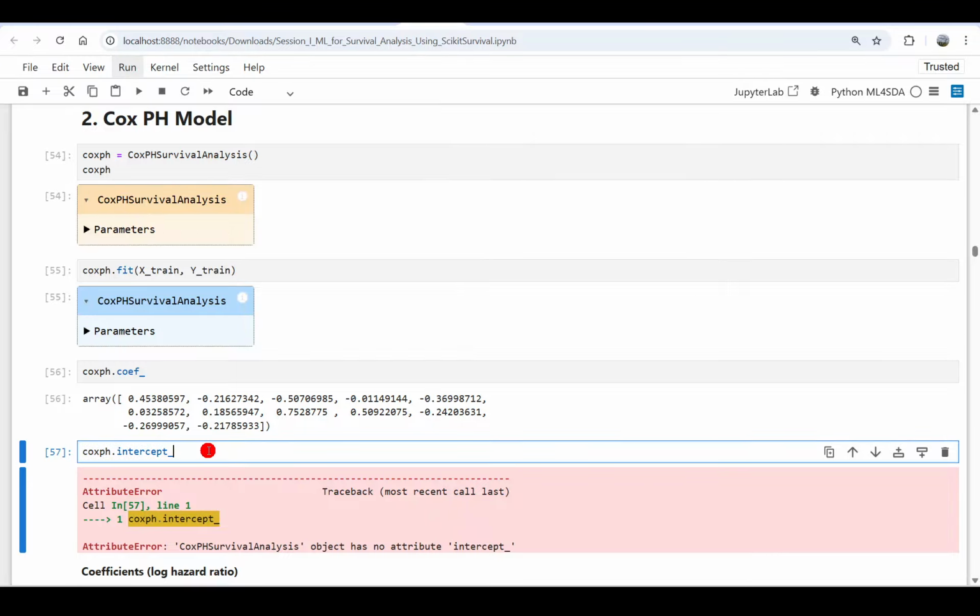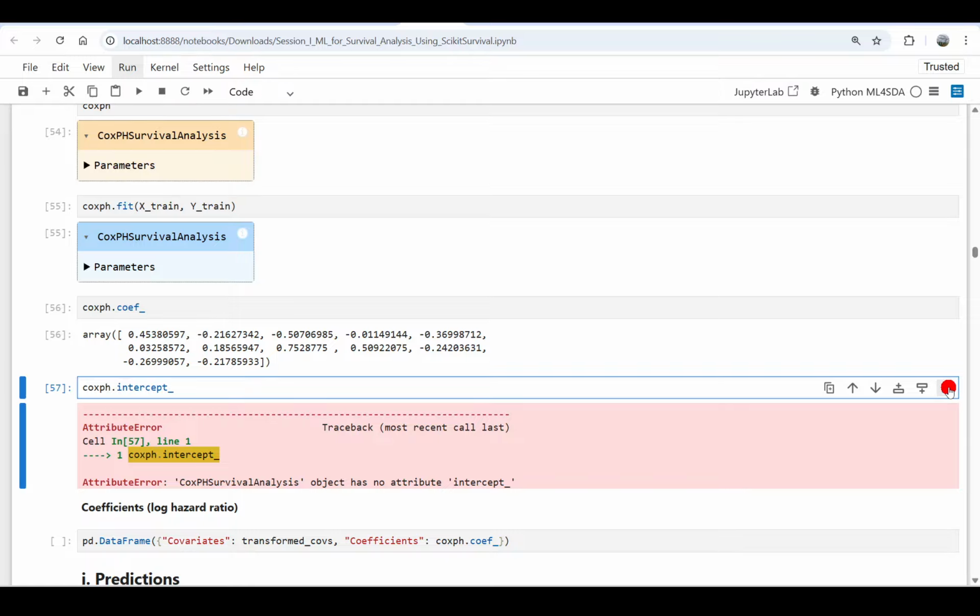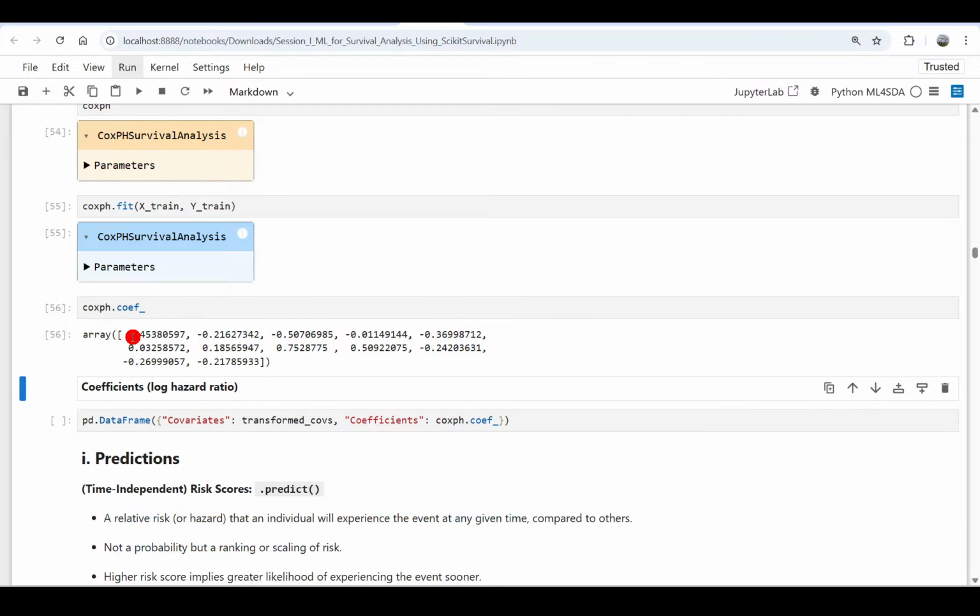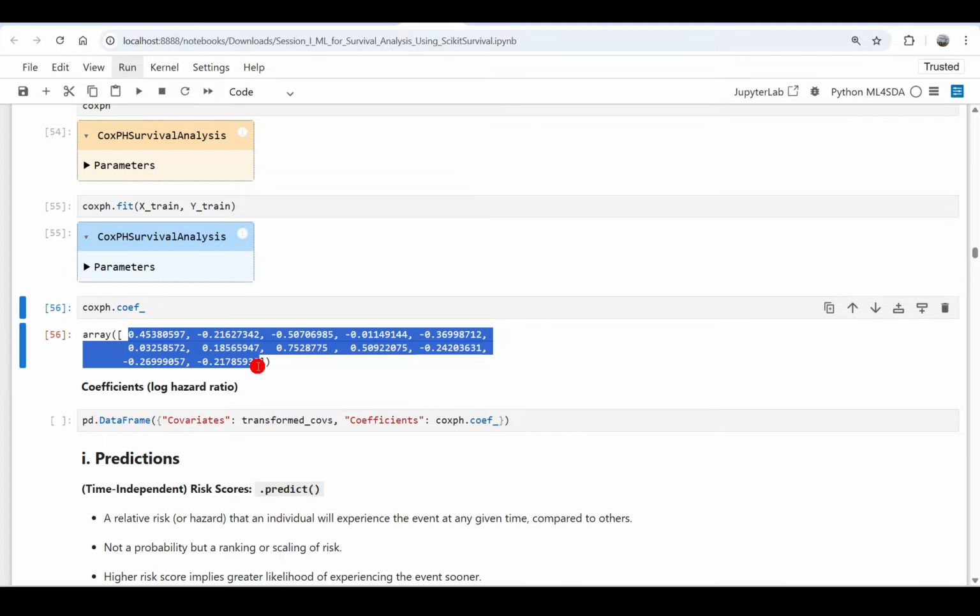So there is no intercept term for the Cox proportional hazards model because the baseline hazard function is left unestimated or unspecified. So let me remove this one. So these are the coefficients